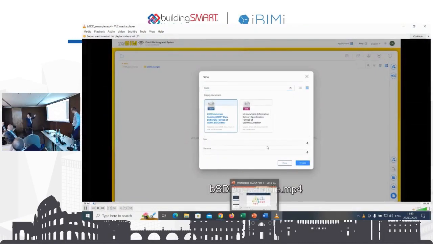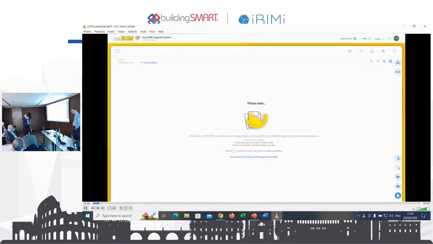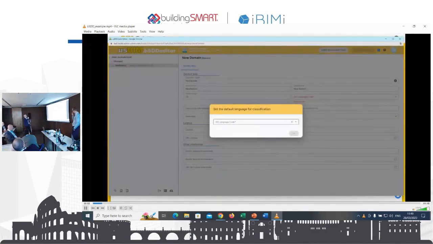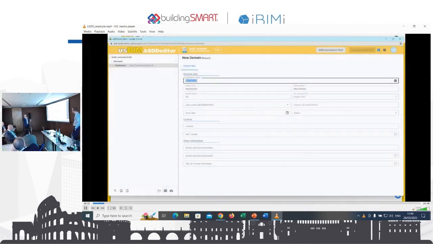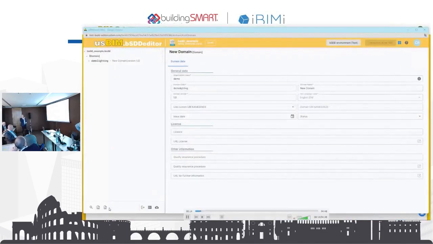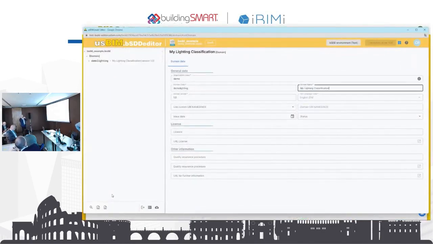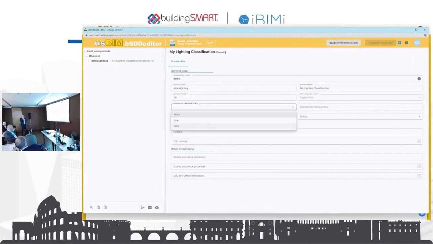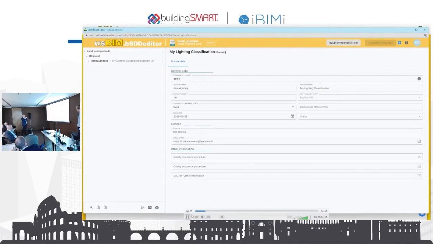So you just need to add a new file, bSDD document, in this case, bSDD example, and you select the language, the first language, the main language, then you can see we can translate it, add some information as the bSDD standard requires, licensing and other general information.